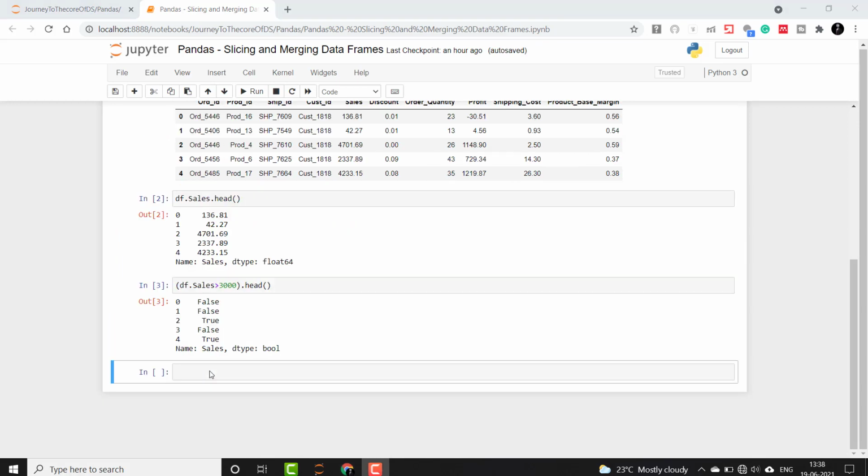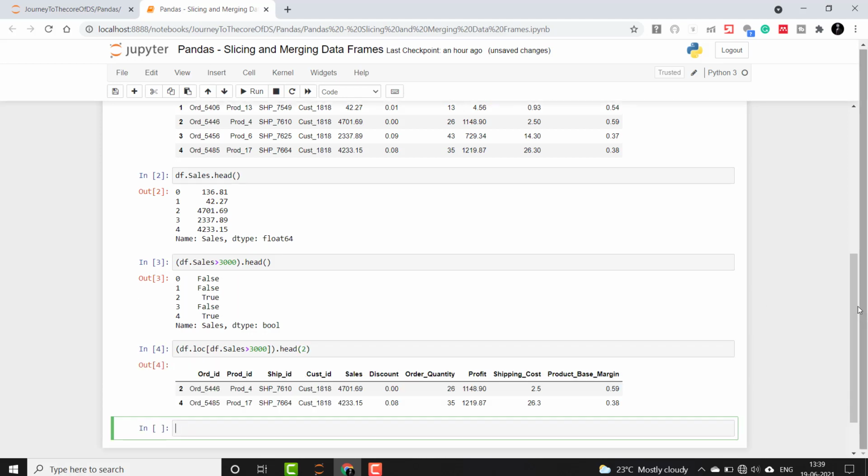Now our main objective here is to subset the complete data frame to retrieve the complete row which has sales greater than 3000. So we will pass this boolean array inside the df.loc function. Let us check how to do that. I will say df.loc. You must be familiar with this function now, as we have used it in the previous session. I will say df.sales greater than 3000, just like before, and I will print the head. Because only 2 rows are returned with true, I will print the head as 2 to remove confusion.